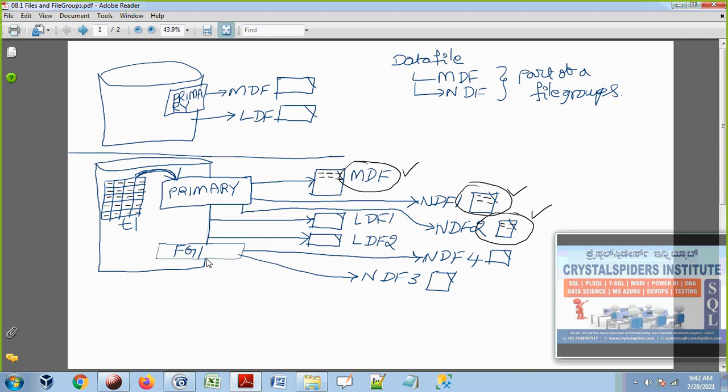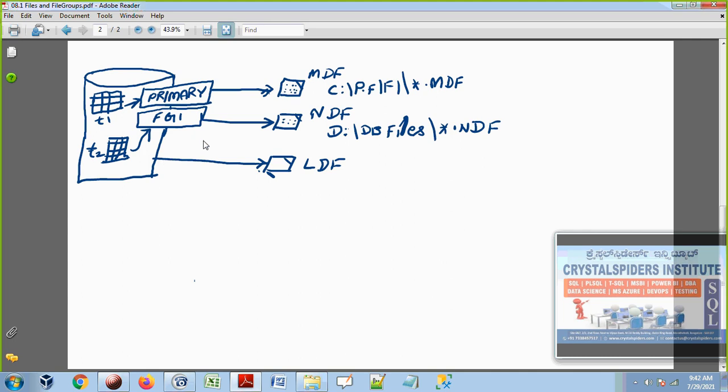So the data files are always added on file groups, starting with the primary file group. And from these file groups, when we create tables, we add those tables on specific file groups. Then when we start storing data into that specific table, that data will go to the corresponding files in that file group. So now see here, this is the same thing.